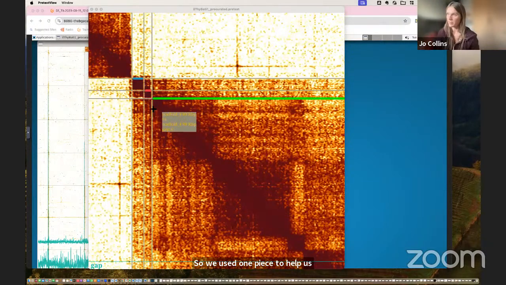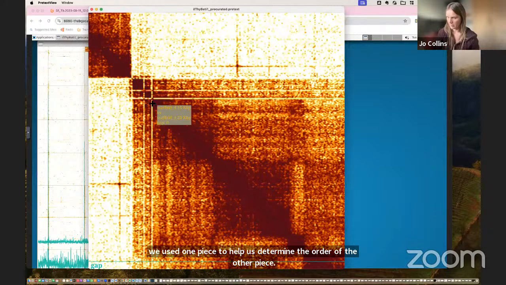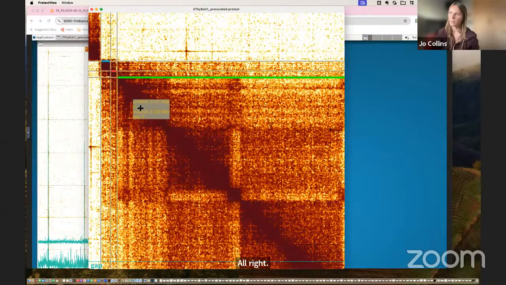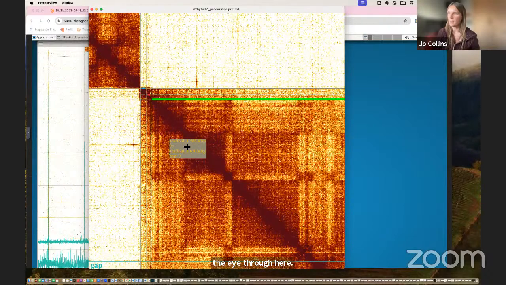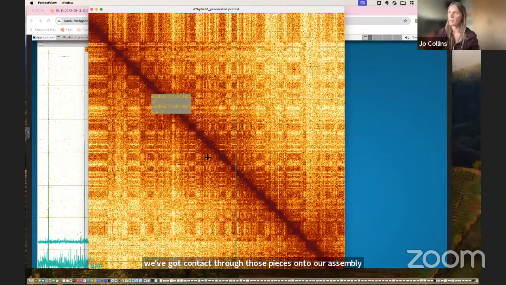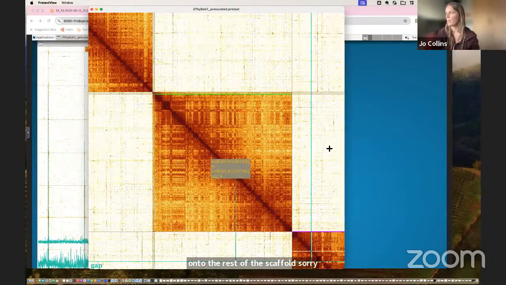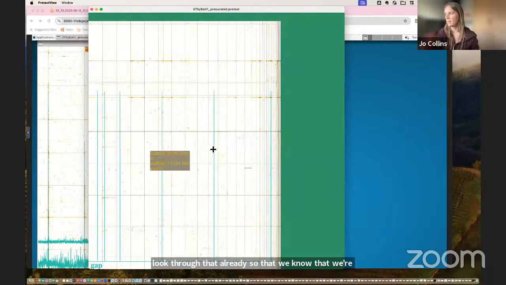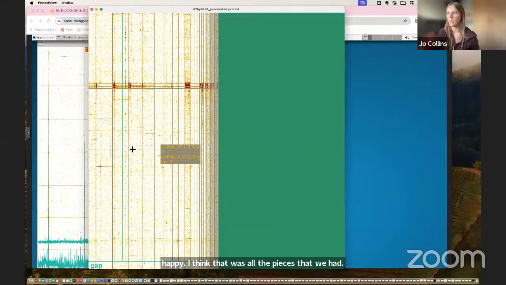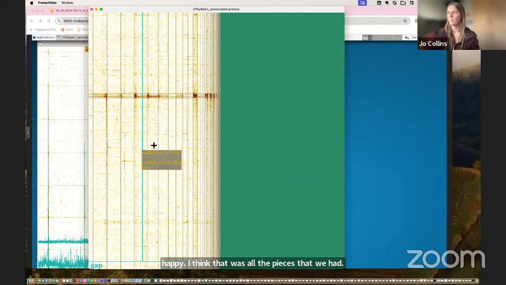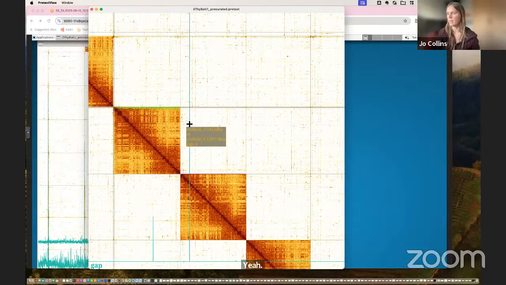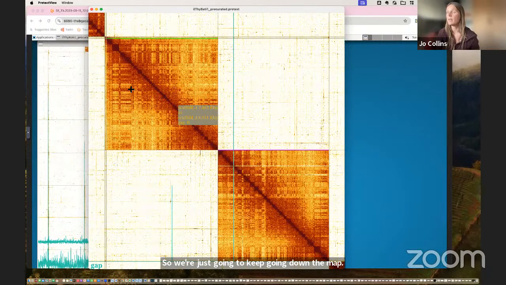Now we've got contact through those pieces onto our assembly, onto the rest of the scaffold, sorry. We've looked through that already so we know that we're happy. I think that was all the pieces that we had. Yeah, so it looks to me like that was everything. So we're just going to keep going down the map doing the same thing, trying to assemble these